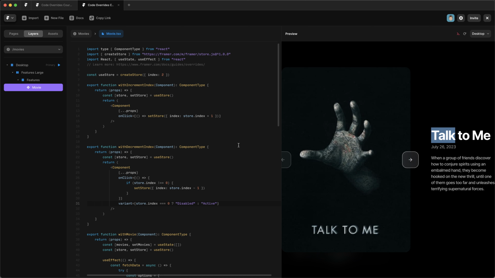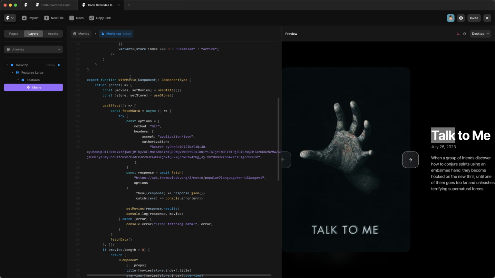Now we actually have the same problem at the top end. There are only 20 movies in this list, but instead of hard coding some logic so that this stops advancing at the number 20, I want to use the actual length of the movie list so that if that ever changes, we don't need to update the code. So the way we do that is we're going to add another entry to the store. We're going to say movie count, and by default we'll give it a value of 1,